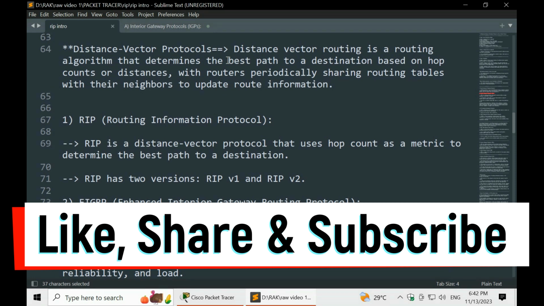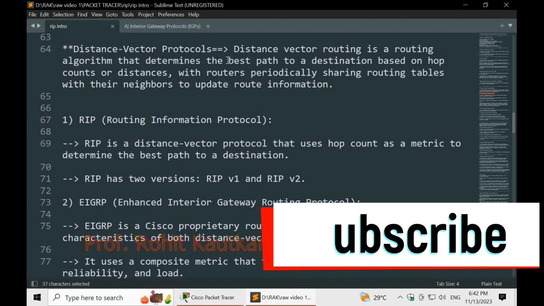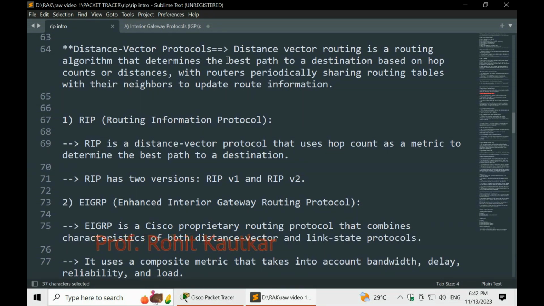Likewise, it counts the number of routers available on the network, and based on that it determines the hop count value. Wherever it finds the minimum hop count value, it selects that path for forwarding all the packets to the destination. This is basically the concept of distance vector protocol.